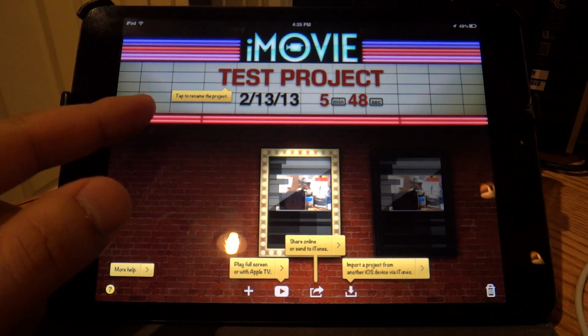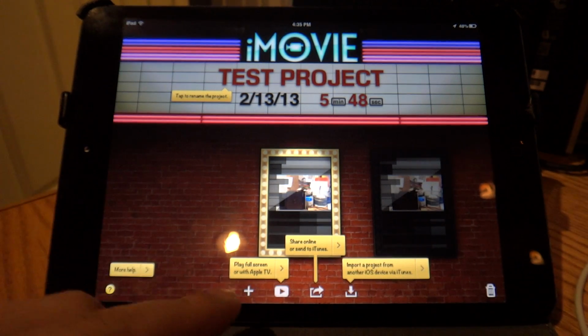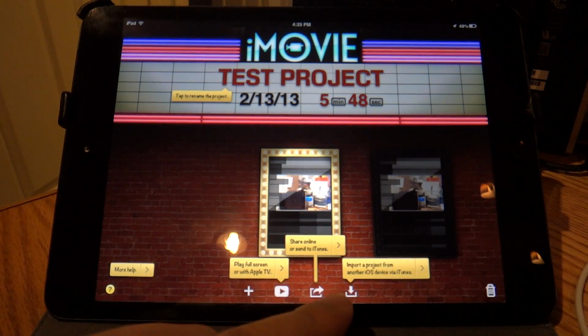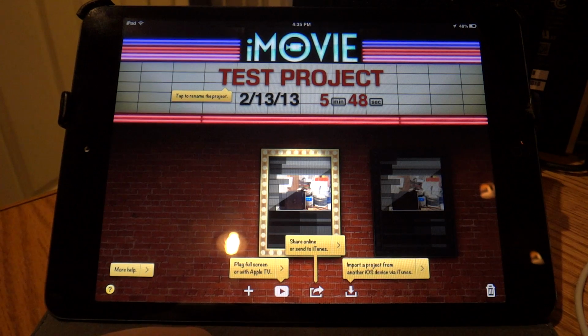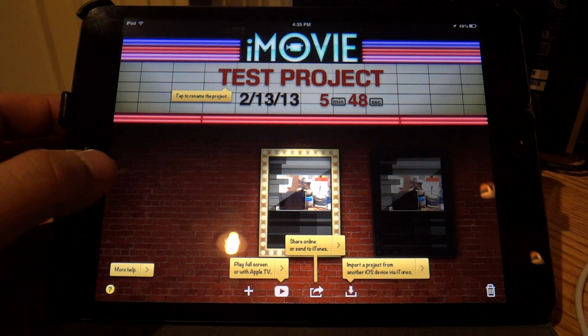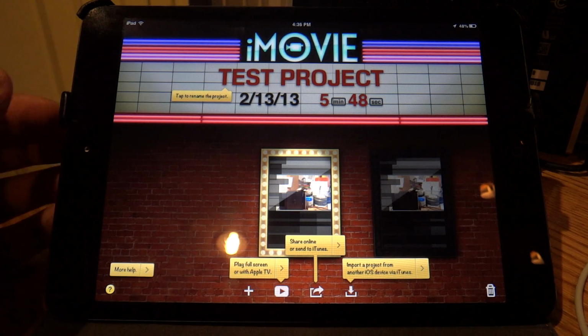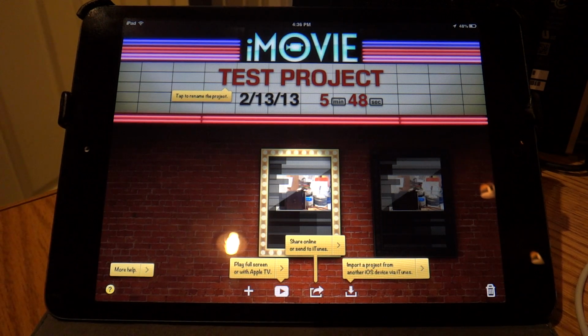You can tap to rename the project. More help is here. Play full screen, or with Apple TV, you can share online or send to iTunes, and you can import a project from another iOS device via iTunes. It's really easy to use. It's quick. It takes about half a gigabyte of storage, and I think $4.99 is a great price for